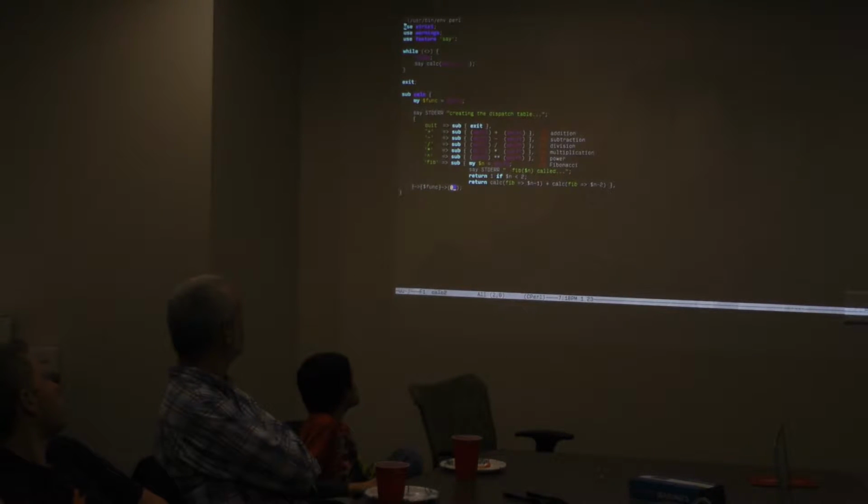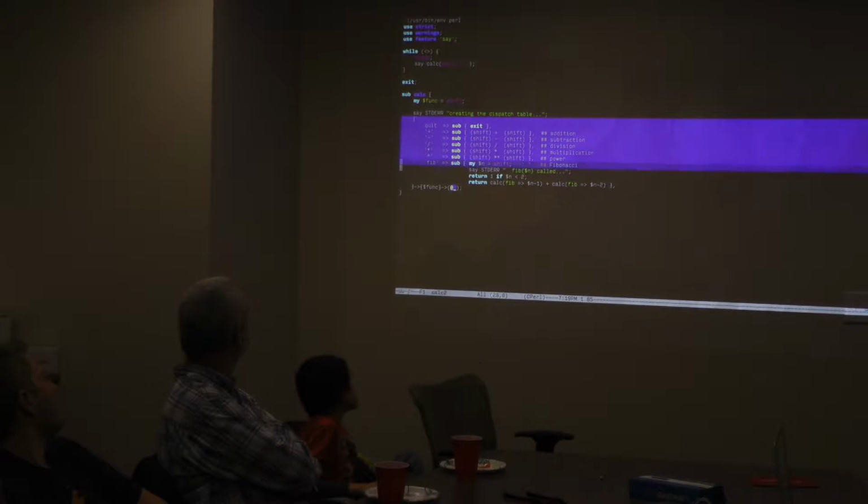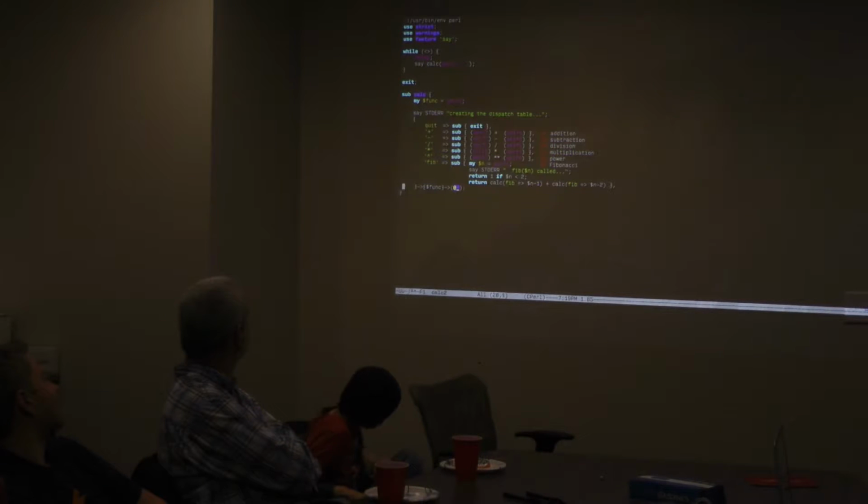Look at number 2 here. So we're going to do the same thing. We're going to read in. Nothing's changed here in this section. But what we've done is we create our dispatch table here. And then, I'm sorry again, this is the brevity thing here. So we actually create the dispatch table on the fly. And then we